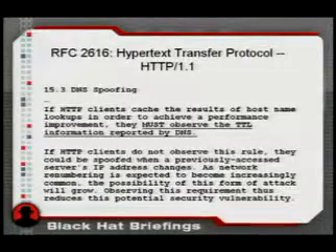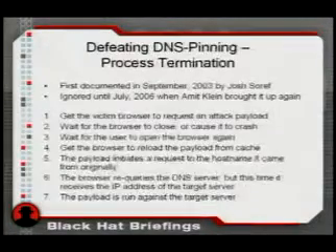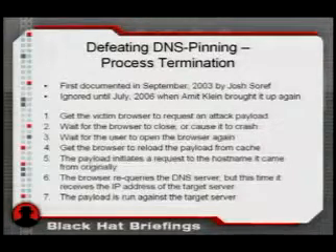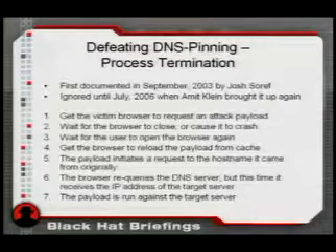Realistically, IP addresses don't change ownership that often these days, and using this rule puts too much faith in the response that's provided by the DNS server, which shouldn't be done. There's no reason to trust just some random DNS server on the internet. The first attack against web browser pinning was documented in 2003 by Josh Soroff, a developer on the Mozilla project, and it was pretty much ignored.